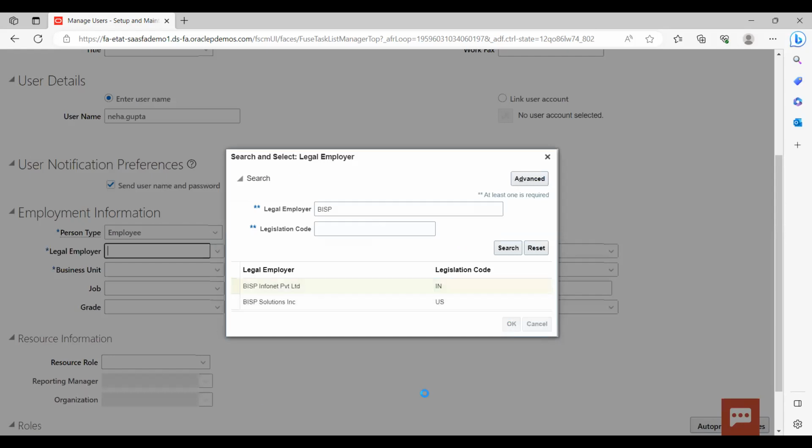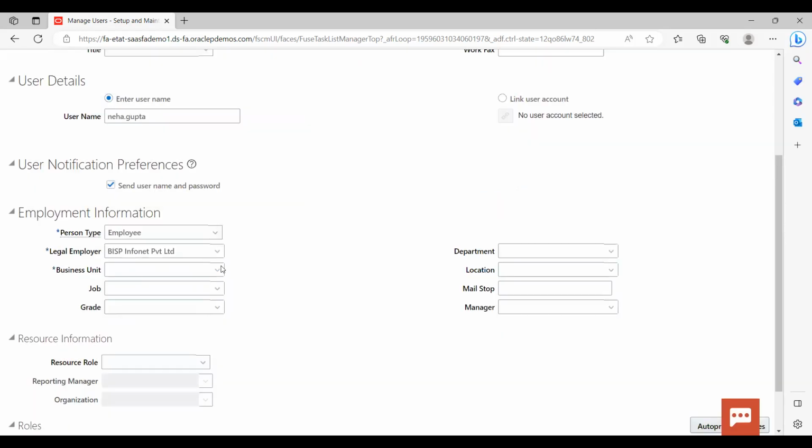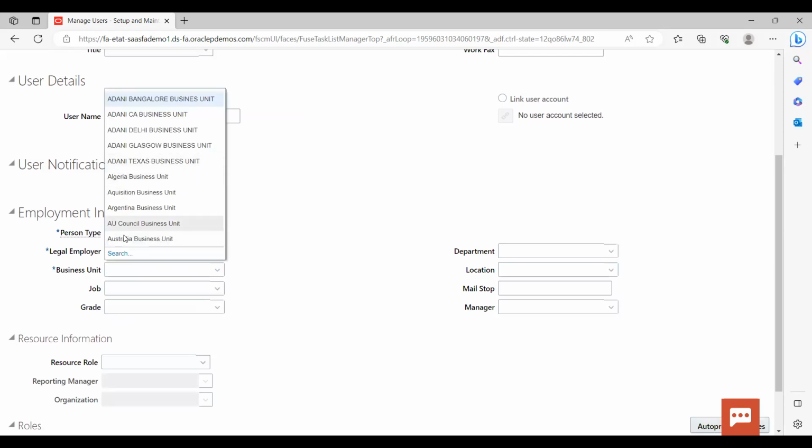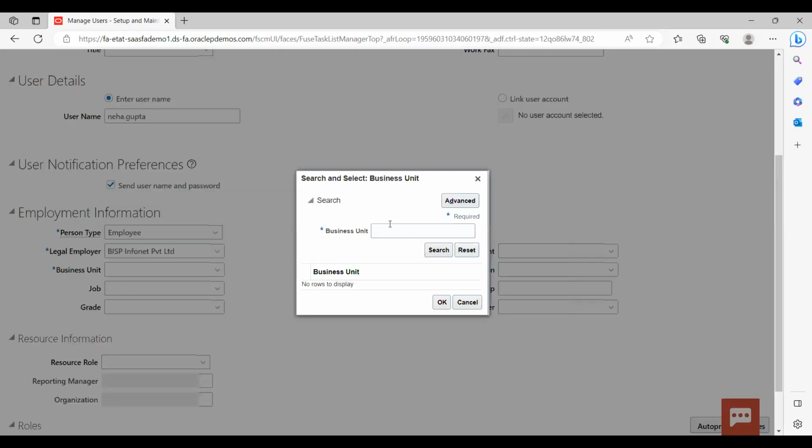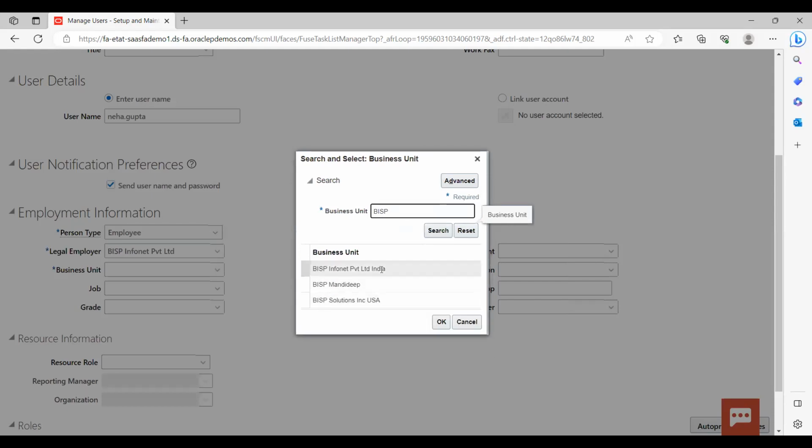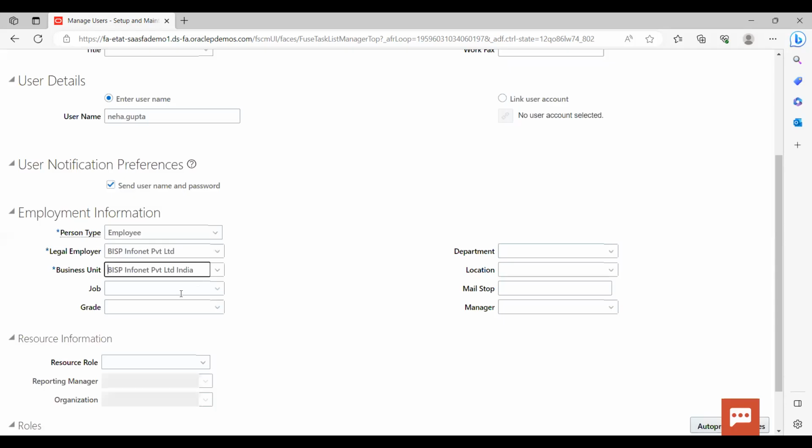So I'll provide Indian BISP Infonet Private Limited, the Indian legal employer, and I'll select the business unit, the one which is already created because it's created through array and some functionalities are already there for this business unit. So Business Infonet Private Limited India, and you can provide the job, grades, department, location of this employee, as well as the manager. So if you click on search,